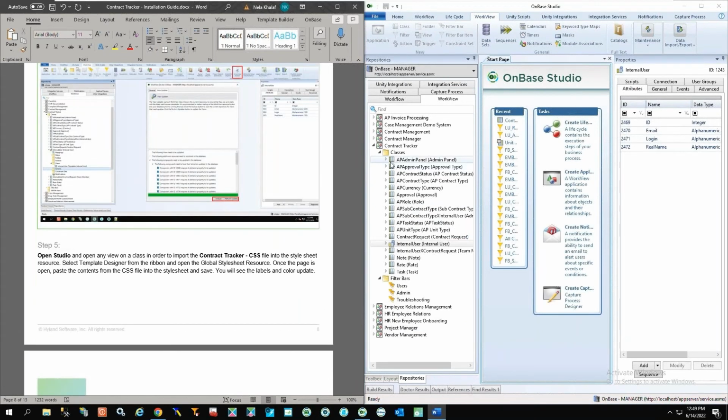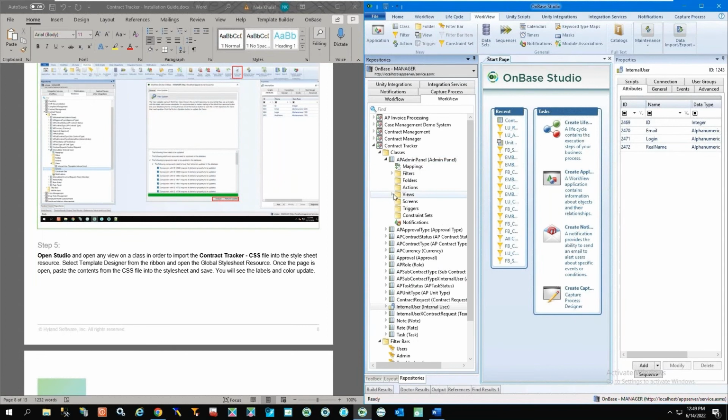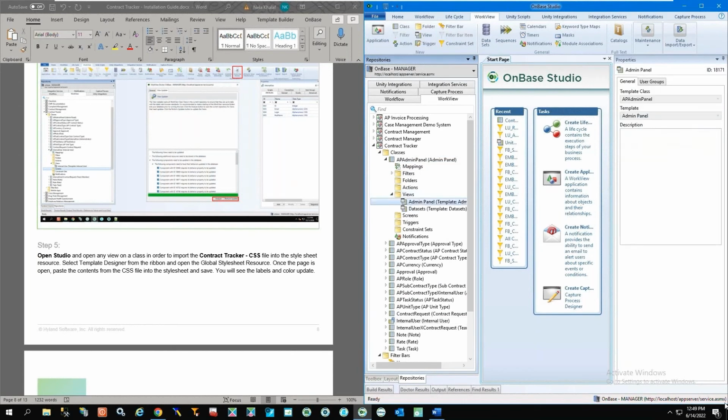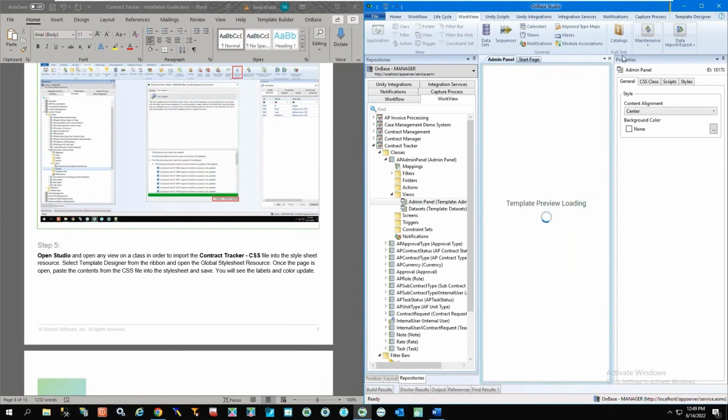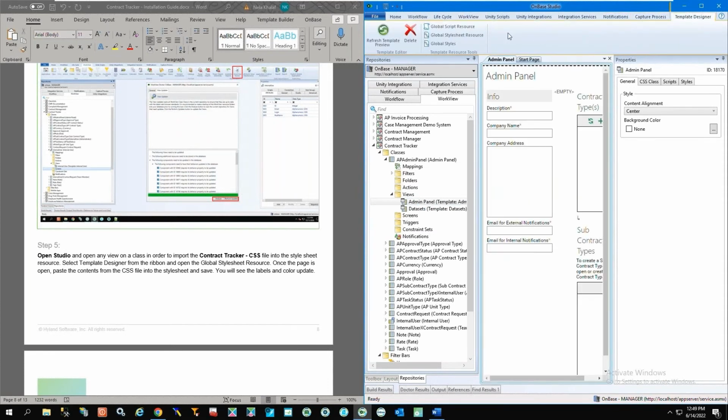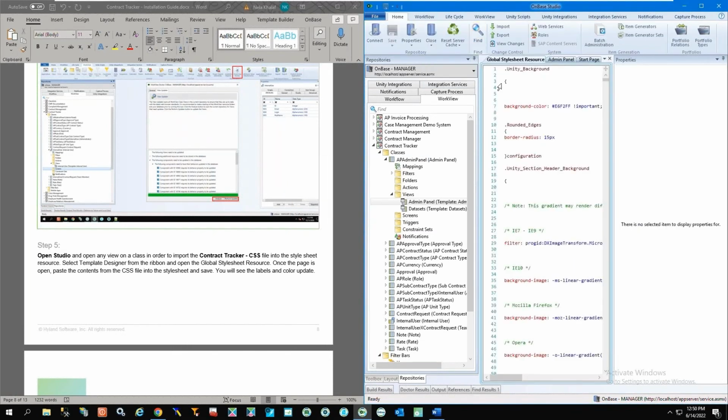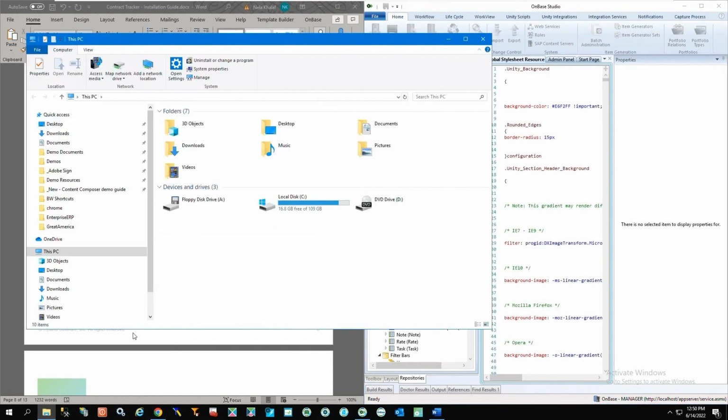And then the next step is to add some style sheets to the views. So you want to click on any view and double click so that the tab up at the top for the template designer appears. Once it's open, you can select the global style sheet resource and that'll open up in our main window in the middle there. Then you want to navigate to the file that we had on our desktop,